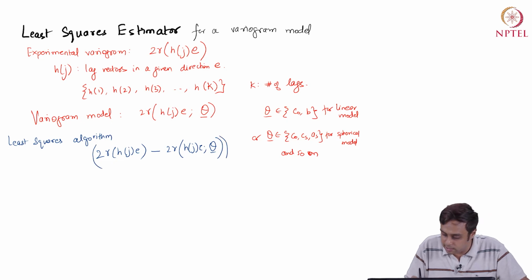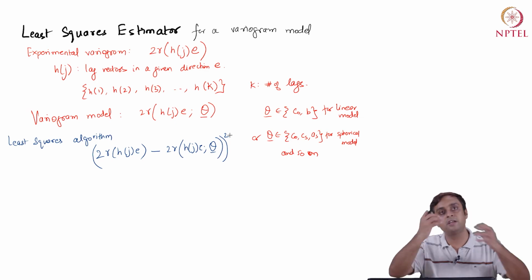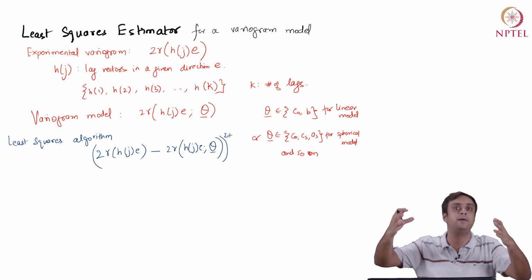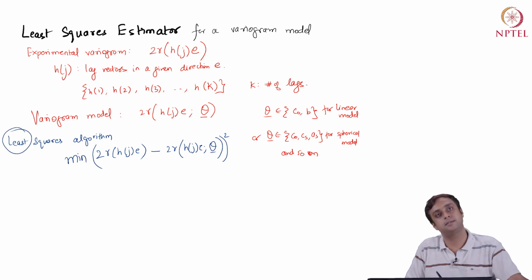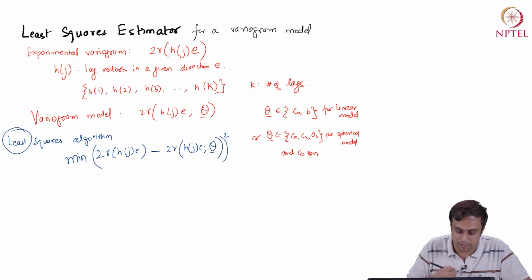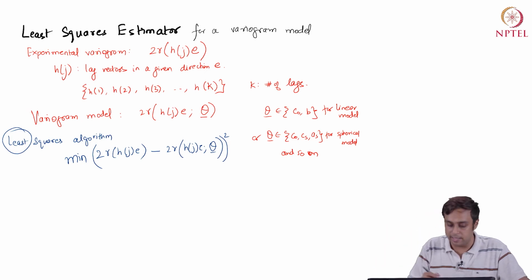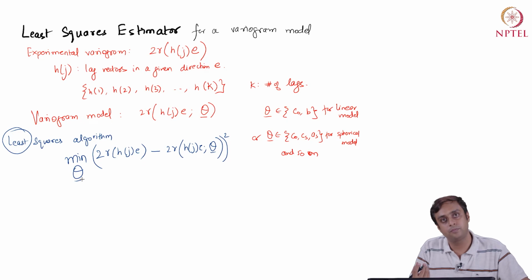So, I can take this and take a square of it. So, it is a squared difference. The farther away you are from the given observed data, I am going to penalize you by a square. This squared difference is minimized because I want a least squares, right. So, I am squaring and then I want a least squares, and that gives me a least squares algorithm. For known h values, the only variable in this entire formulation is theta. So, my choice variable when I am minimizing is going to be theta, right.